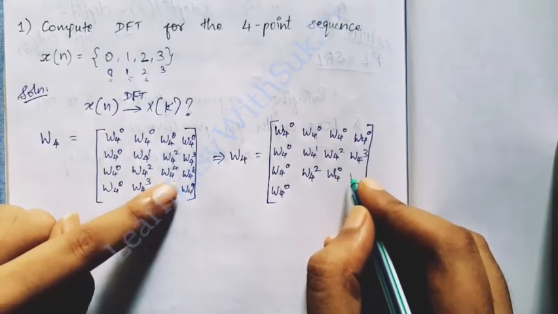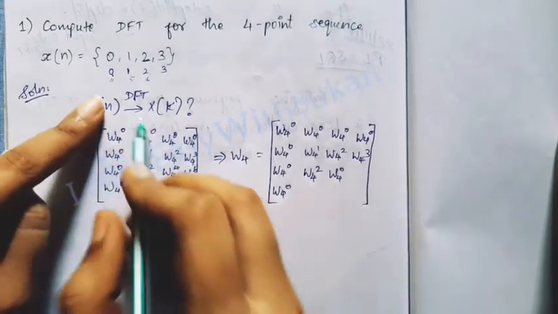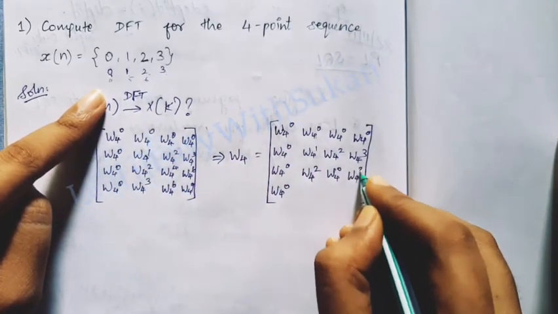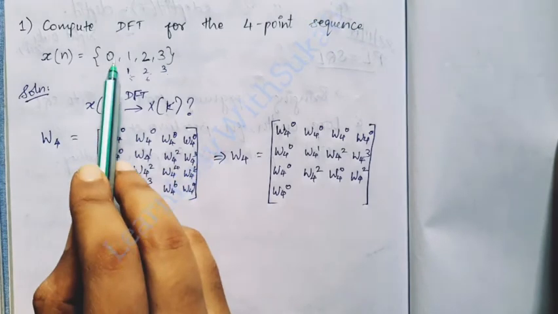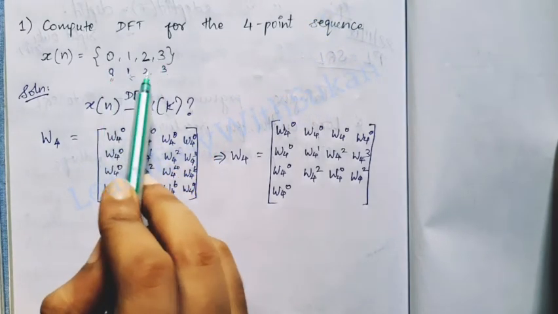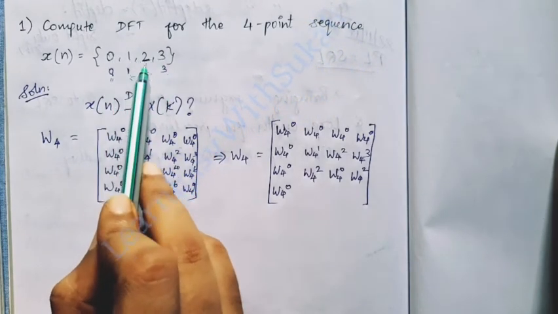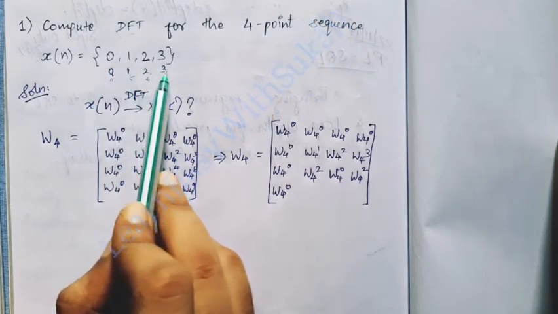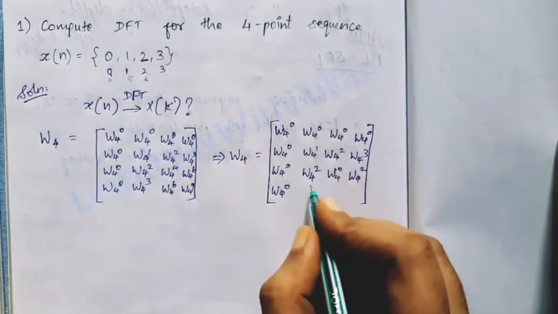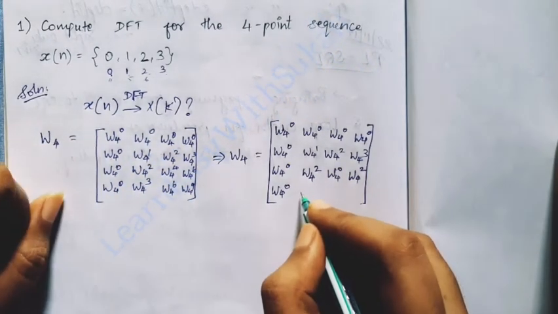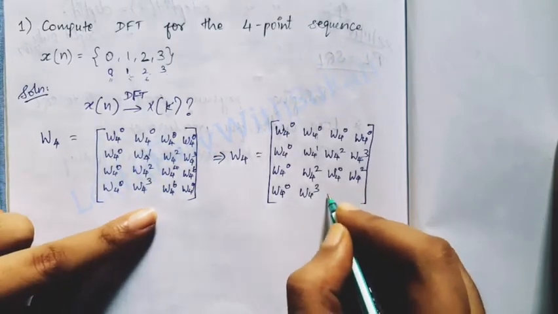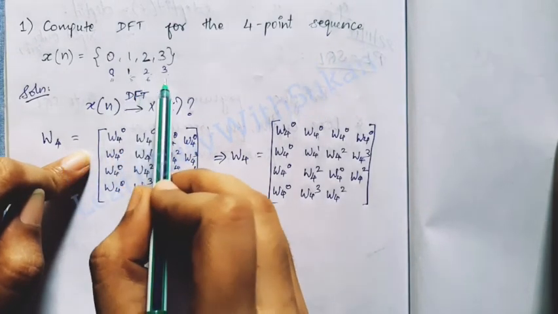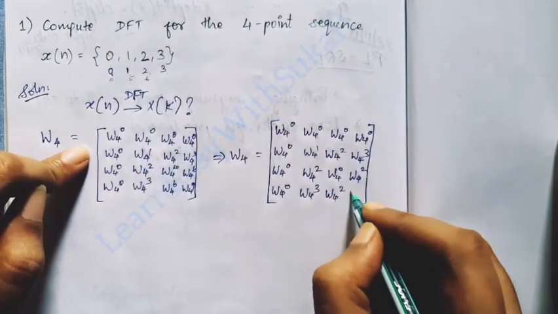And for 6, straight to 6 we have 2 here. So 2. Again I am telling you, don't see the given elements, consider the sample number. This is the 0th sample, first sample, second sample, third sample. This is the sample number, these are the elements. We have to see the sample number. So that is 2. And for 3, let it be as 3 itself. For 6, again 2. For 9, see this is 4, 5, 6, 7, 8, 9. So it is 1.